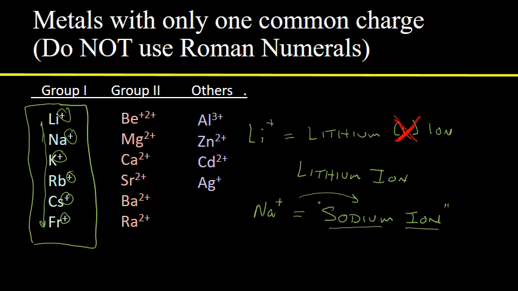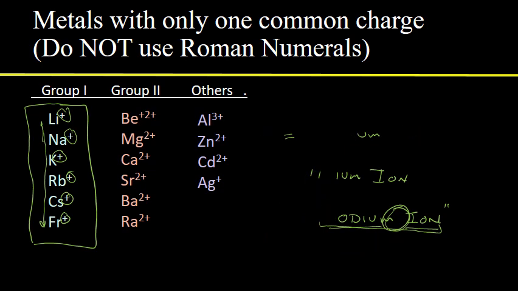And so you need to know that because sodium is an alkali metal, when someone says sodium ion, they mean that one, and that it has a charge of +1. Even though they haven't told you anything about the charge here in the name, you need to be able to recognize that that has a charge of +1, even if they haven't specifically told you that. Okay. All right, the same thing is true of group 2, which are the alkaline earth metals, except that instead